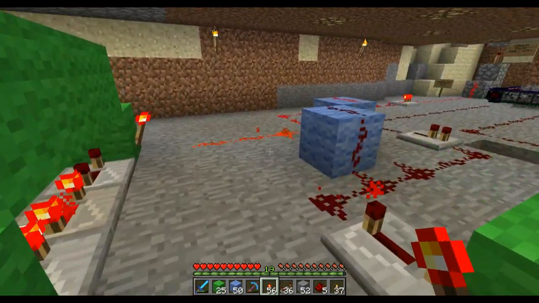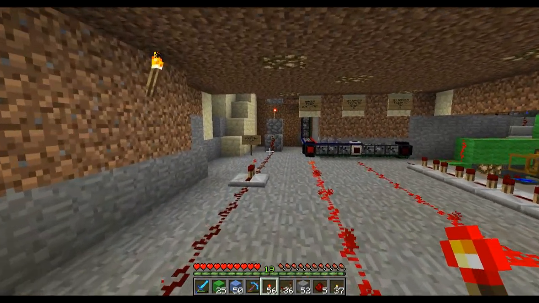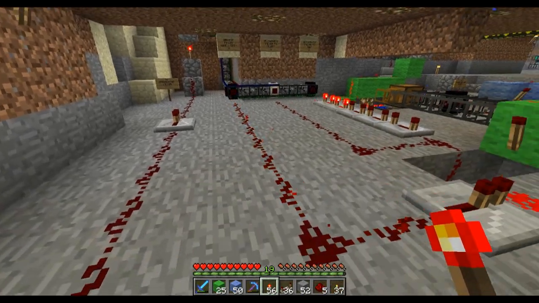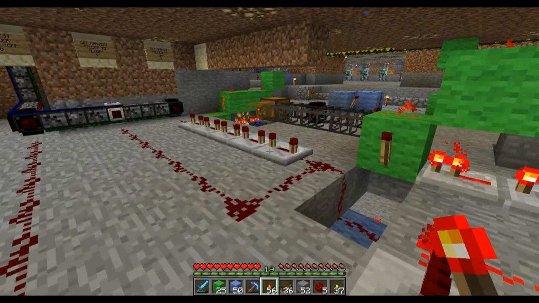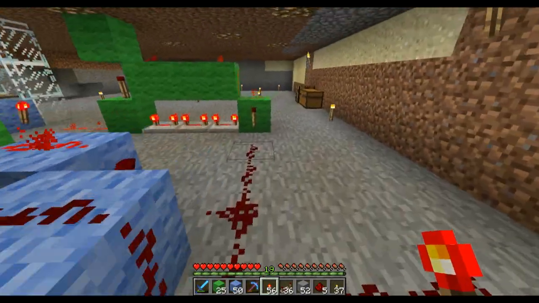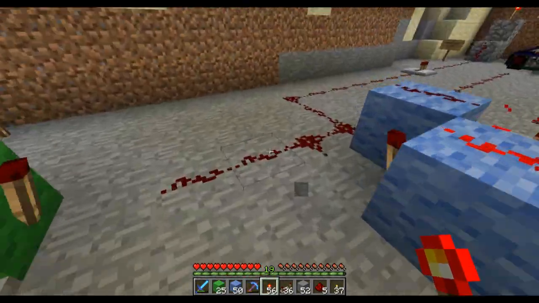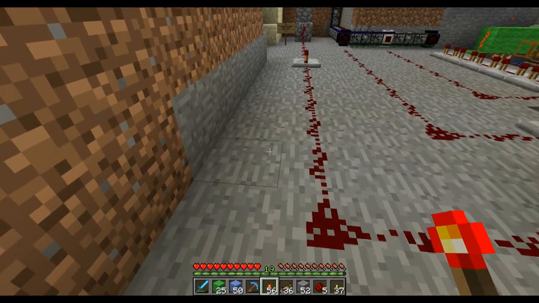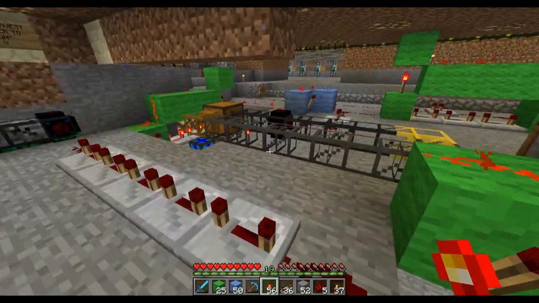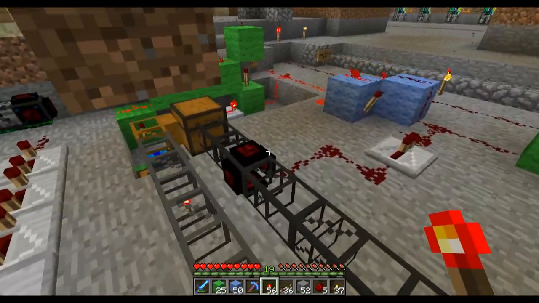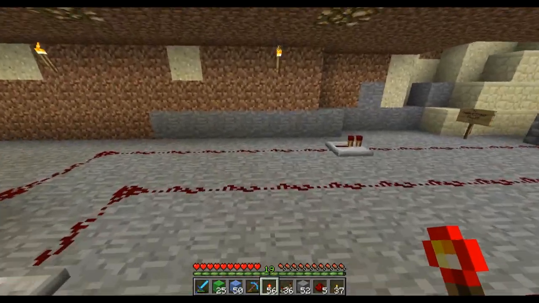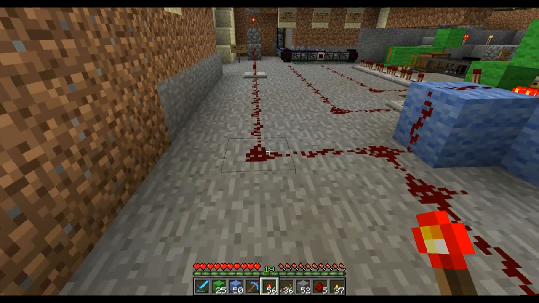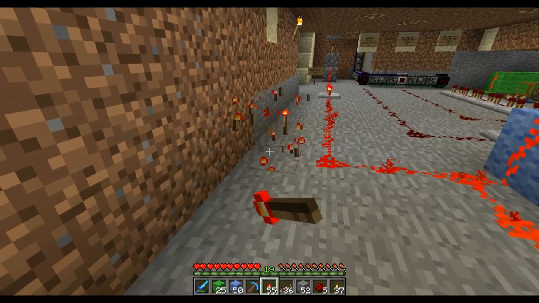So, pulse is sent. Harvest filler was on, and now it says it's off. It sent the signal, and yeah, that happened real quick. It happens really quick. So let me just do it again, this one part. And, well, let me get rid of these redstone torches, because that'll otherwise set it off again. So let's do it again.